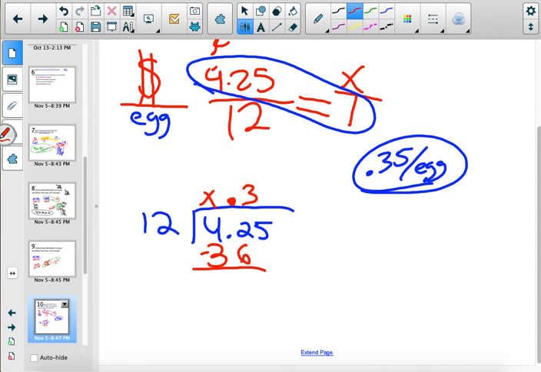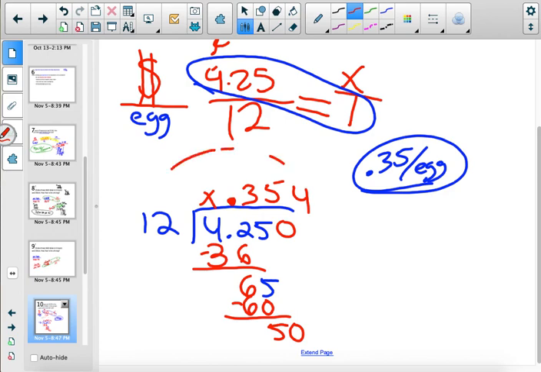You subtract that, you get 6, bring down a 5. This goes into that 5 times to make 60. You're left with 5. I go one more spot. Bring down a 0. That goes into that 4 times. So now I know I'm not rounding up to 36. I'm going to call it 35. Do I have to keep going? No, because we're rounding to the nearest cent, which is 35 cents.